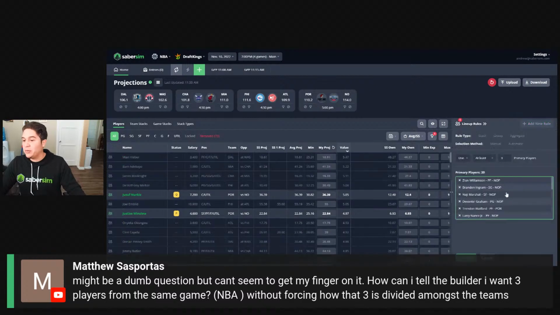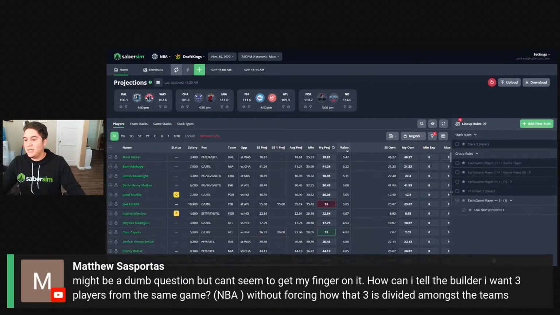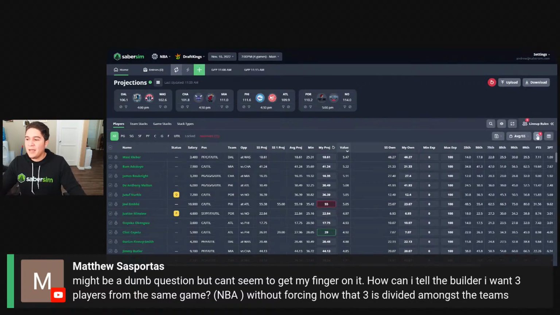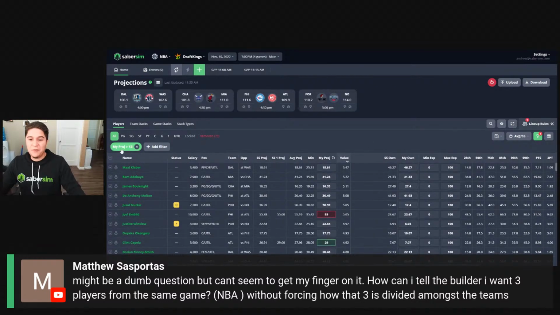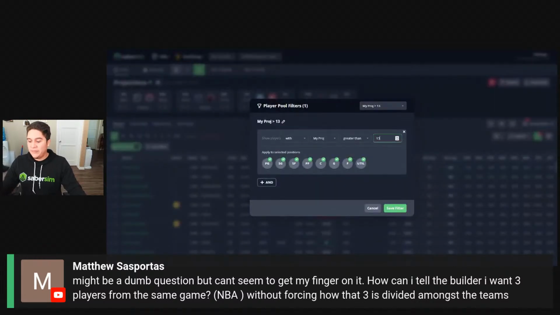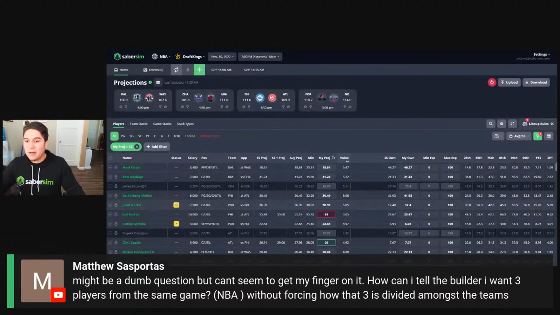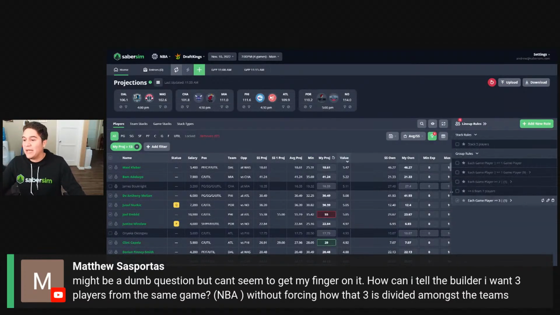And then just know your player pool is based on the available players. If you were to set filters or something like that, these players would then get removed. So how do I say it? Let's say we set the rule, right? And then we have a projection of 13. Well, let's say we decide to make our min projection 18. So there's probably going to be players in our rule that are not going to be allowed into our lineups